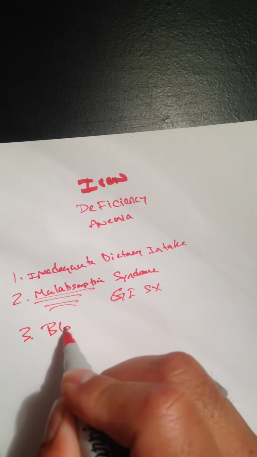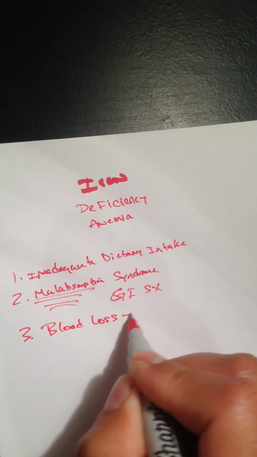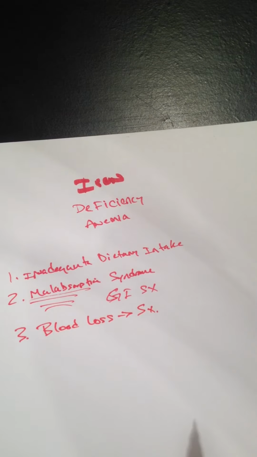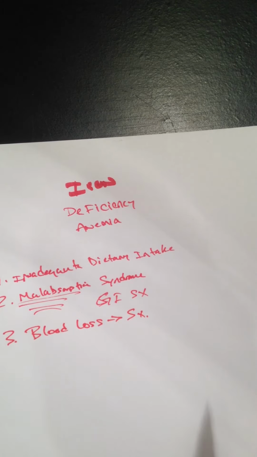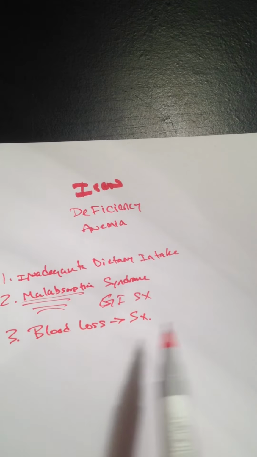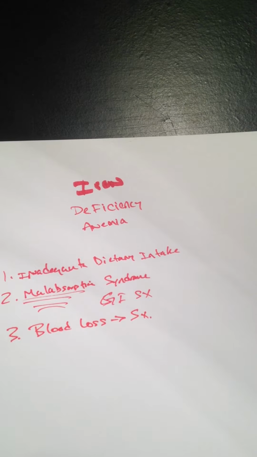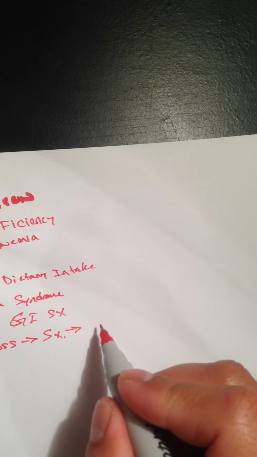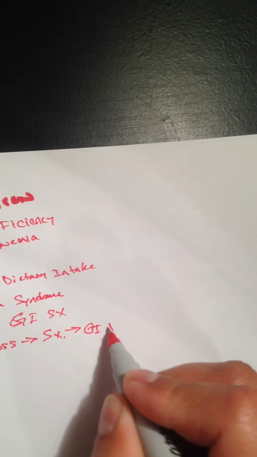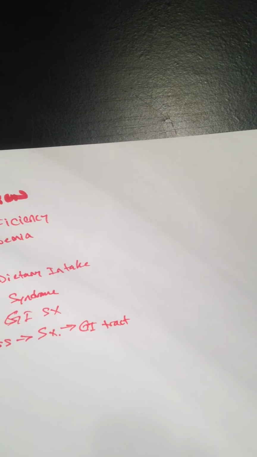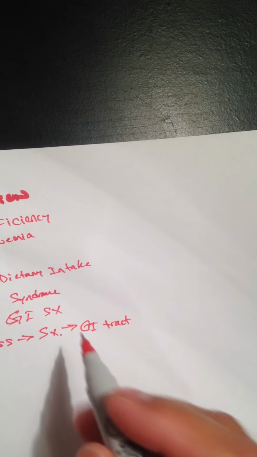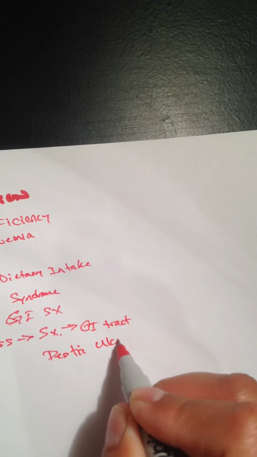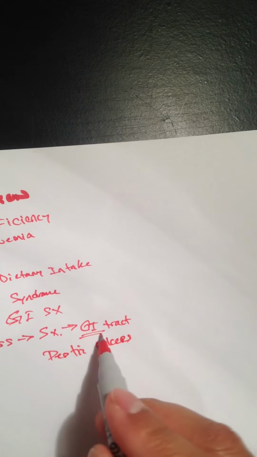Three, blood loss. Now this could be due to maybe they had some type of surgery, hip surgery. A large amount of blood loss due to surgery will cause them to have anemia. The other thing that we need to look at is something like GI tract blood loss or bleeding, such as problems with peptic ulcers. This would cause GI bleeding,